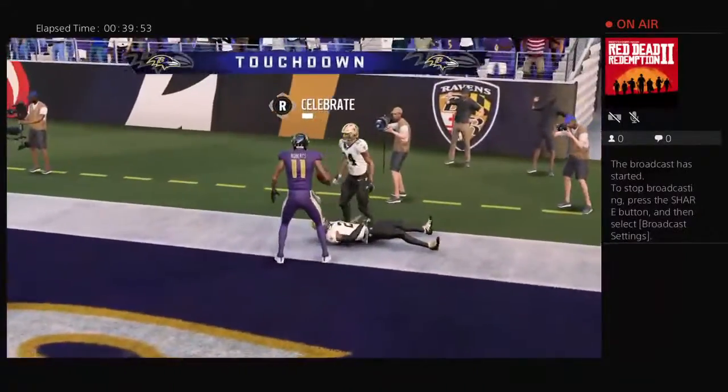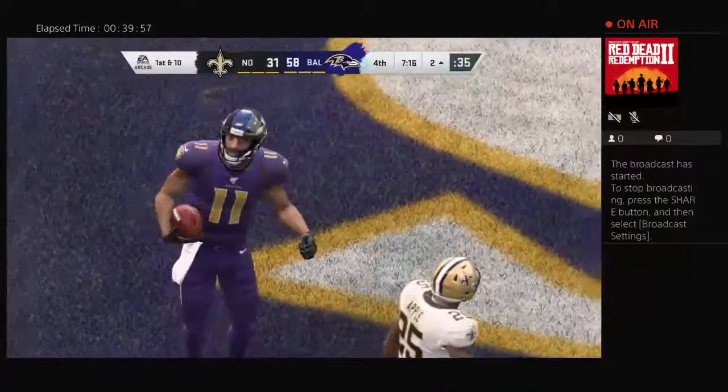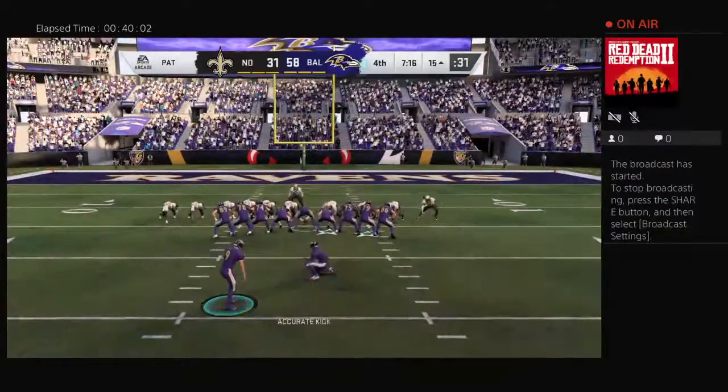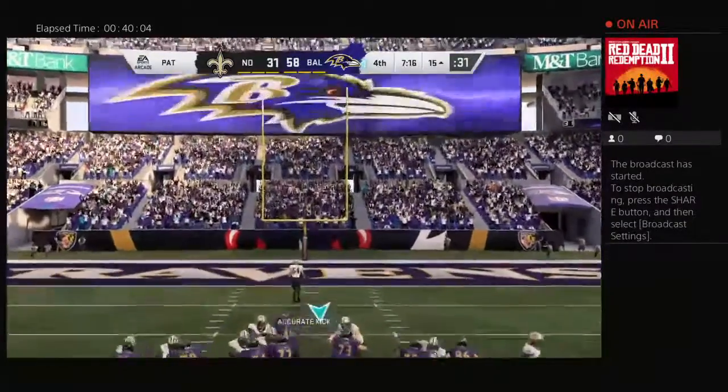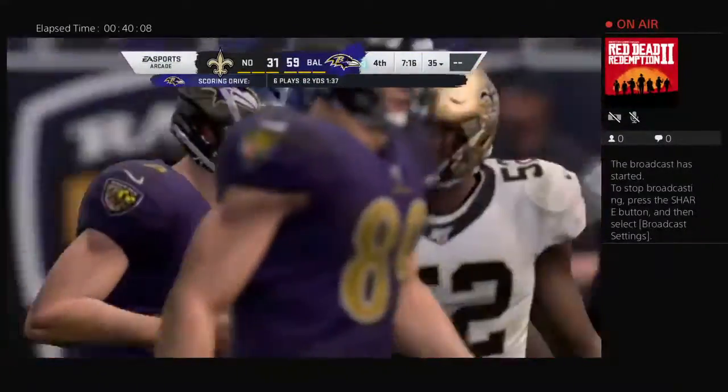it's caught for a Ravens touchdown. Seth Roberts with his second touchdown of the afternoon as the Ravens push further out in front. They were still throwing with a comfortable lead here late, and now that lead even more comfortable. And your first thought